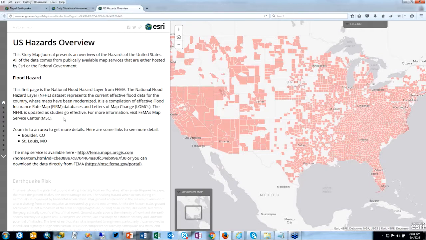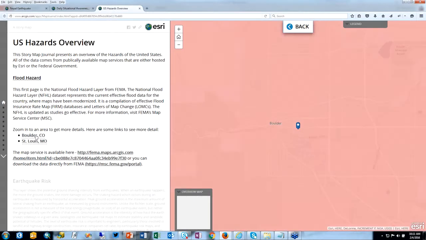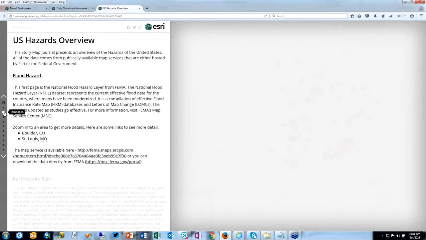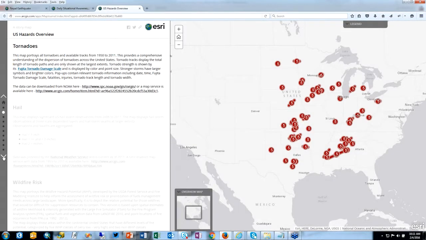One of the interactions that you can set up inside the story map journal is called actions. If I want to zoom in to a particular area inside a particular page and get more context and really focus my users on a couple of particular areas, I can do this with these actions. Being able to zoom into a location is just one example. In this case, I can continue to flip through the pages of this hazards